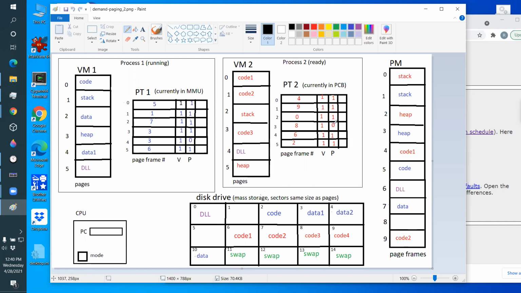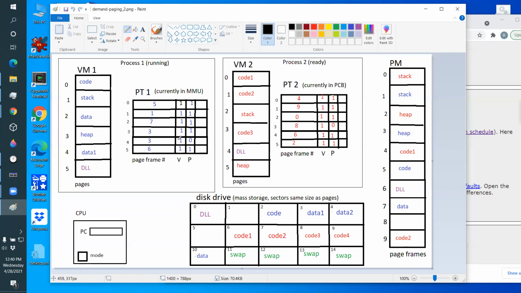There's one page here that's not present. So this process is allocated one page, but it's not present. Its third code page is actually over here on the hard drive, and it's valid but not present. So this program has told the operating system, I want to use that page,